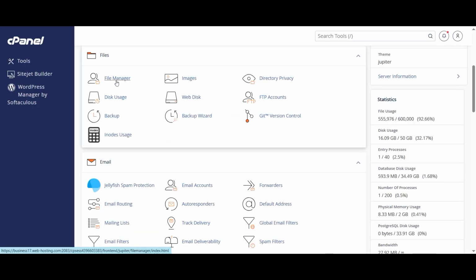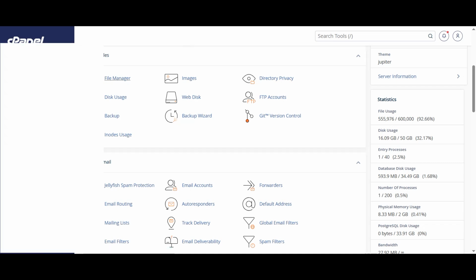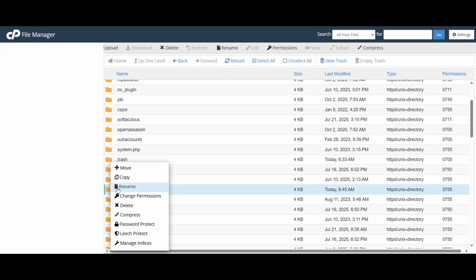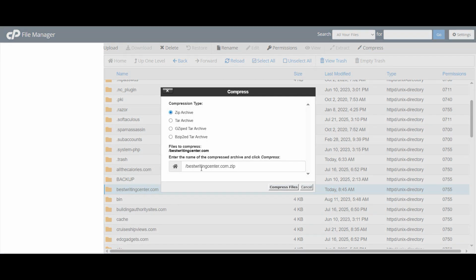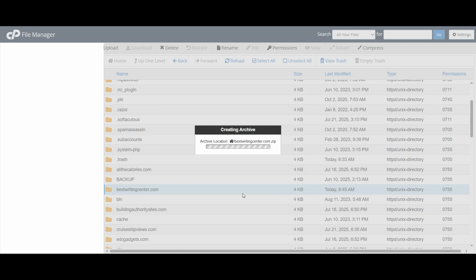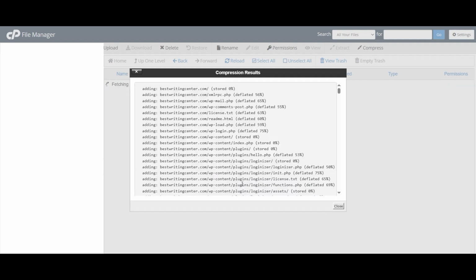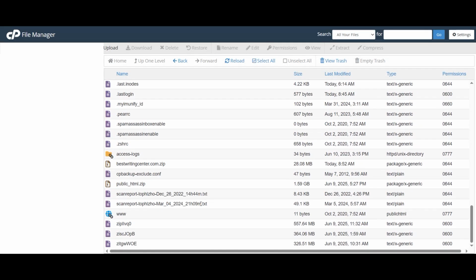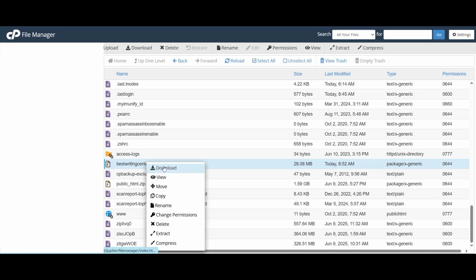So first we need to make a zip archive of the website which we're going to move from shared hosting to another hosting provider, in our case Hostinger VPS. So we're compressing it, waiting a little bit. As soon as it's done, we need to download it. Very simple, nothing difficult, you're just downloading it to your computer